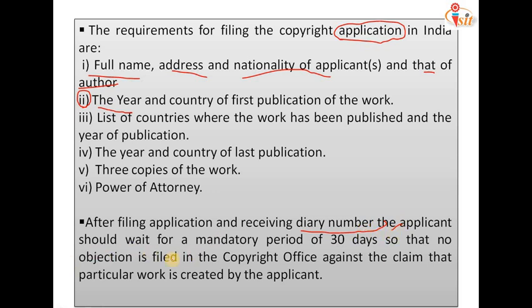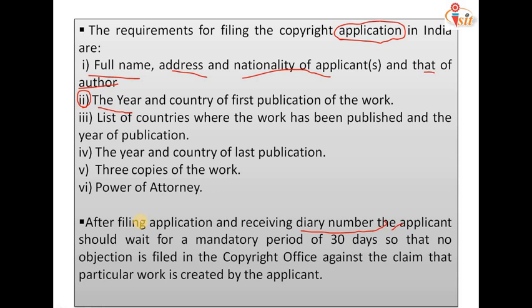The applicant should wait for the mandatory period of 30 days. After getting the diary number, you have to wait for one month, so that no objection is filed in the Copyright Office against the claim that the particular work is created by the applicant. After filing the application, you get the diary number, and after that you have to wait for 30 days, for one month,